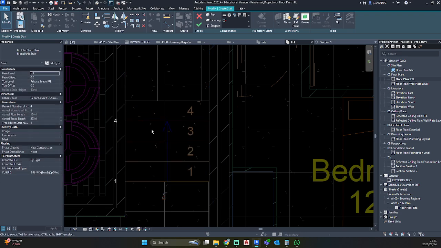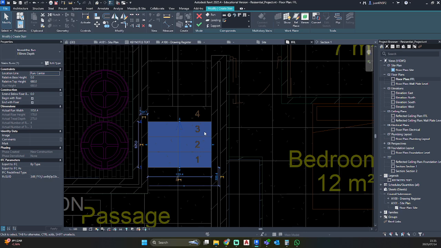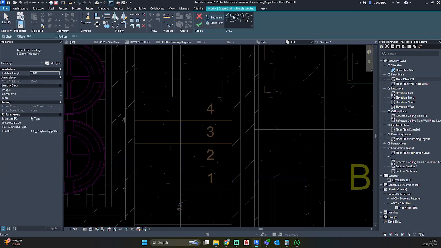Okay, so I'm just aligning my stair with my walls at the moment. Landing, let's draw in.